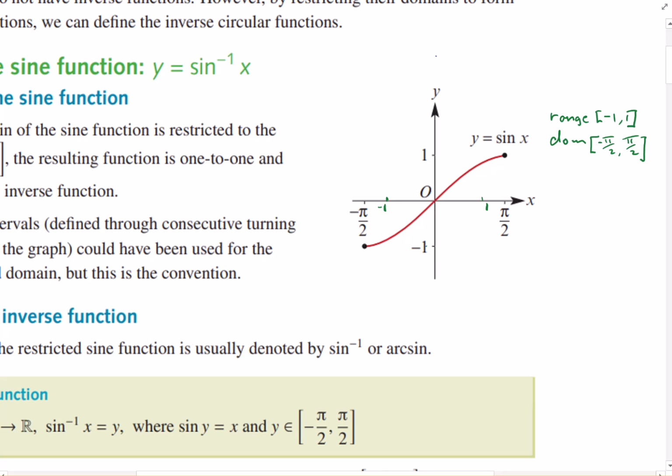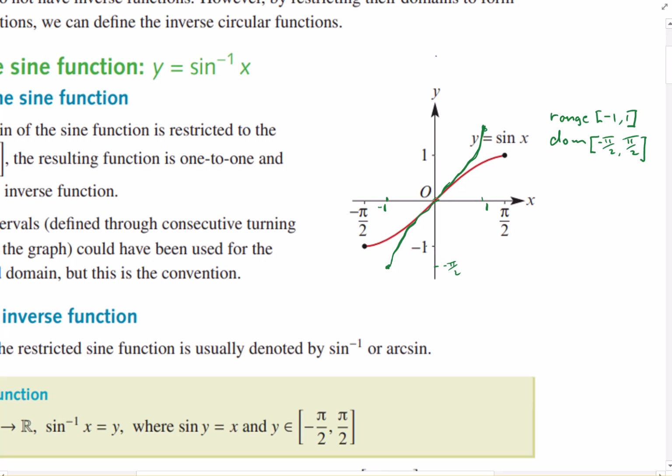So if you take the endpoint minus pi on 2, negative 1, and do that round the other way, then the point becomes negative 1, negative pi on 2. So that's sort of starting there. And if I took the point 0, 0, that's going to be 0, 0 still. So if I now sketch in this inverse, it's going to look something like this, coming through to about there. Take the other endpoint, which was pi on 2, 1, and reverse it, so it becomes 1, pi on 2, somewhere about there. And if we flip that up there,